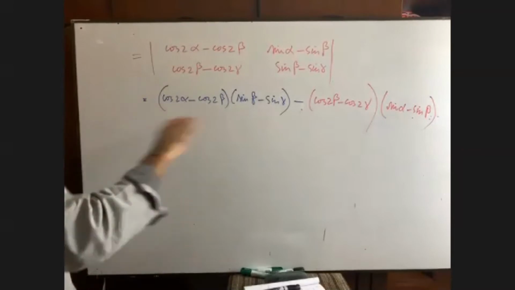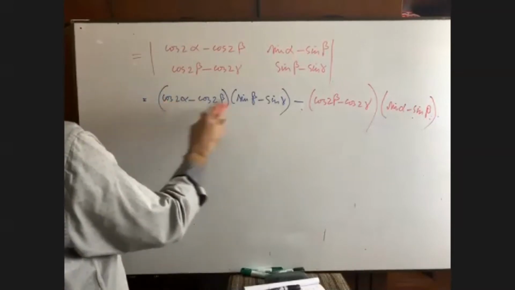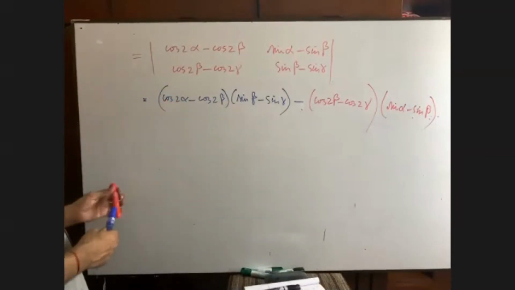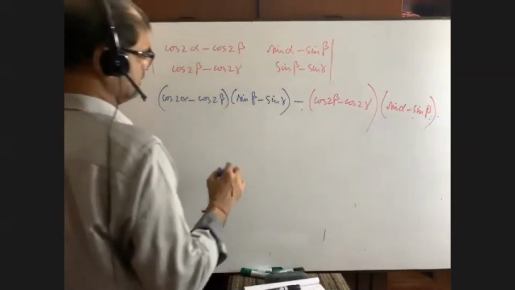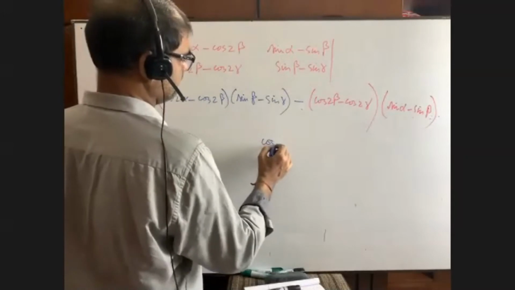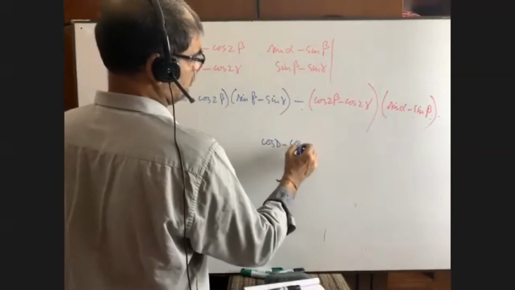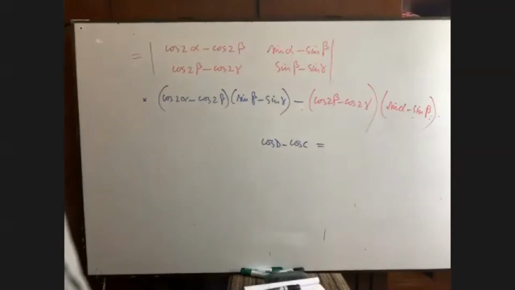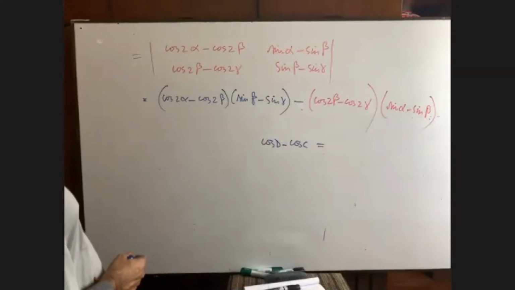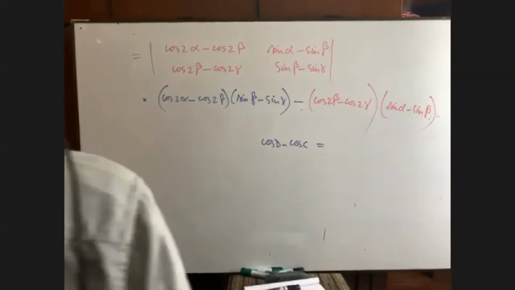Now, can you please tell me what is the formula of cos D minus cos C? Who can tell me? It is formula number 12 in my sheet. Cos D minus cos C. Who can tell here? He is the best or she is the best. Farhan Ishaq, you have done it. A lot of maths you have done.